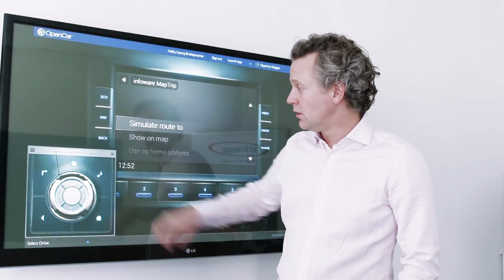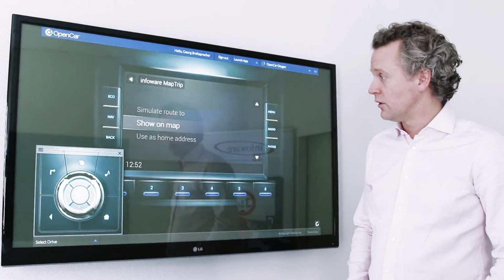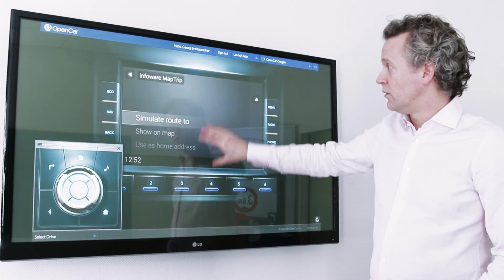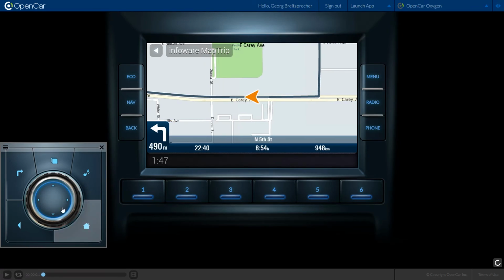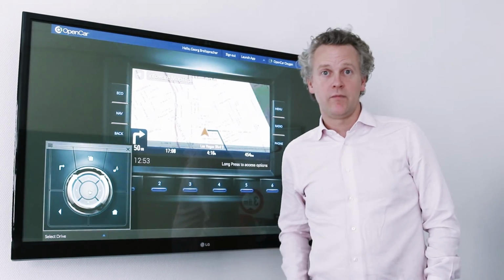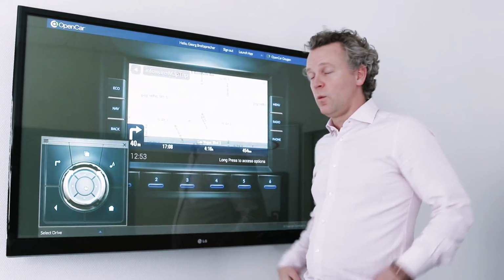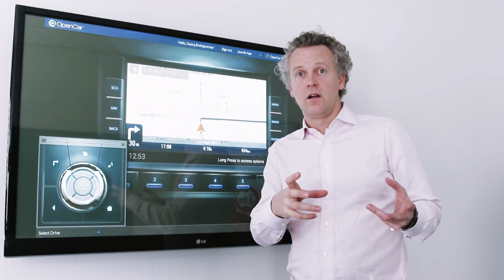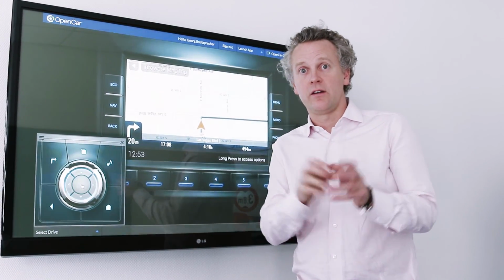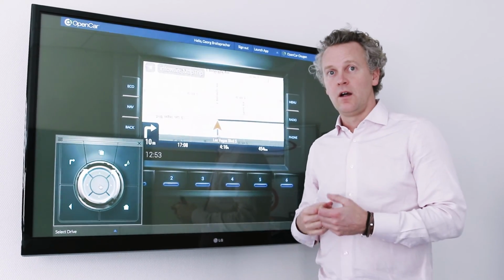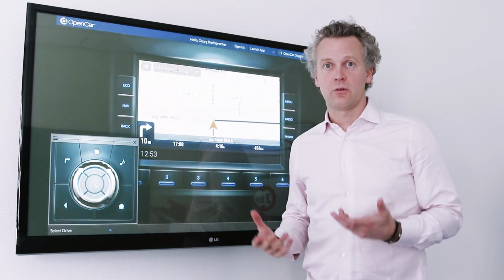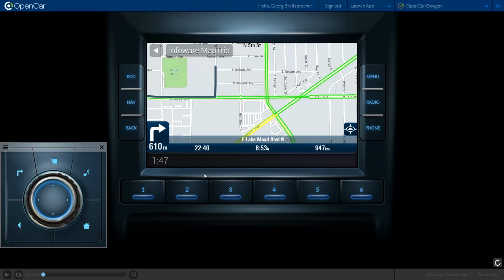We have this push-pull controller and turn controller to manipulate the user interface. And what you see here is basically a web application that we have built. So we have not started with our smartphone application and then adapted it to the OpenCar platform, but instead we built a brand new application from scratch based on JavaScript and